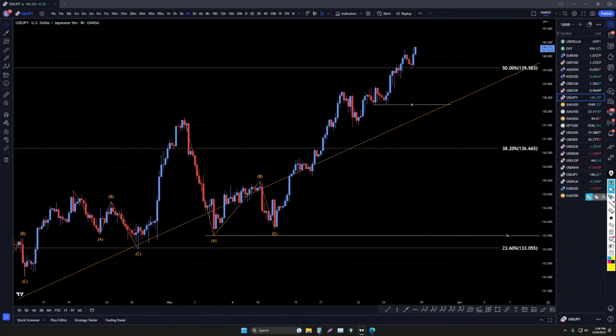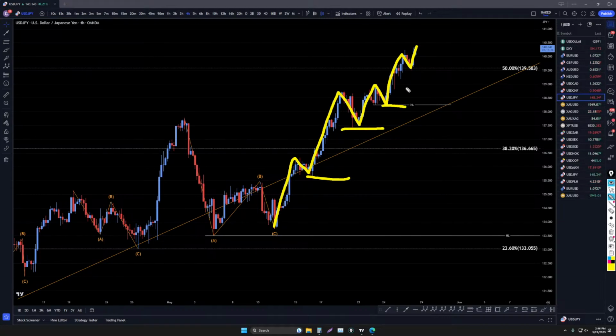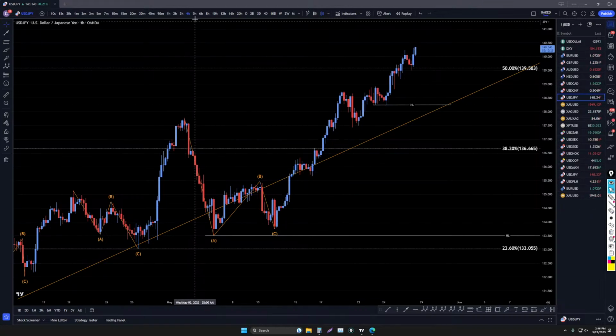Going down to the 4-hour time frame, you can see how strong this trend has been pretty much the whole way up, and it continues to make higher lows. Every single one of these is a higher low, so really nice looking trend trades, and I don't really see any reason to think it's over yet. I would just continue to look for longs in an uptrend.